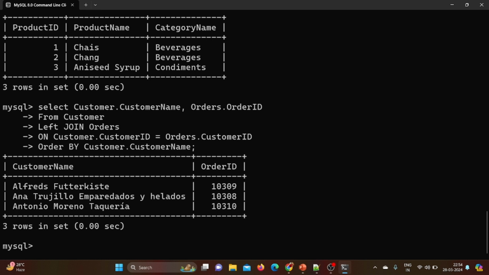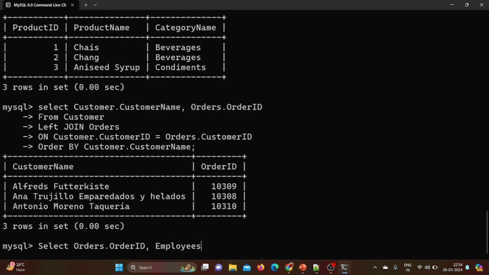So let's write that particular query for the right join. So we'll do a select. We want the order ID. Along with that, we want the